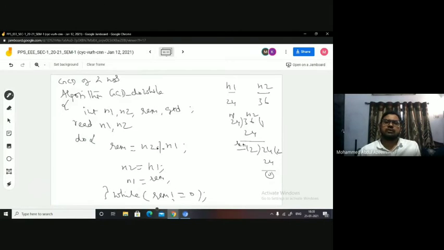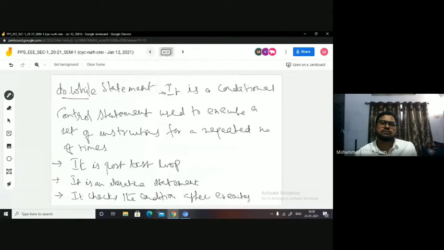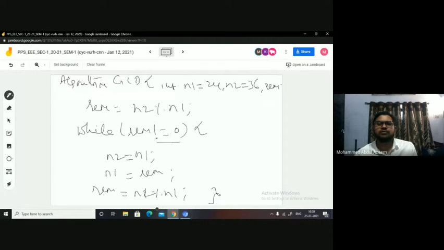See the change here. When I am writing the same using while, this statement I have repeated, if you can see. In order to check the condition, what we are checking is remainder not equal to 0.